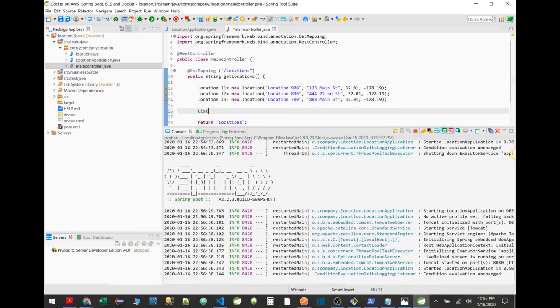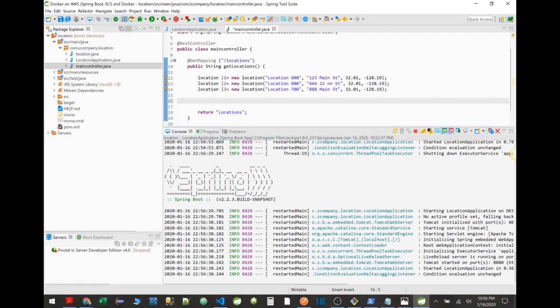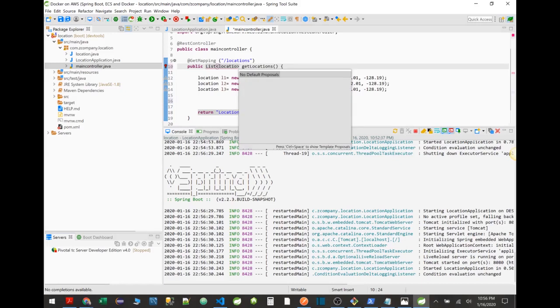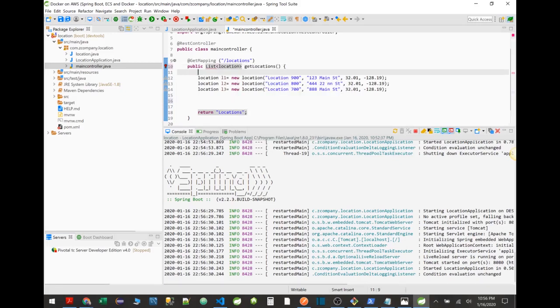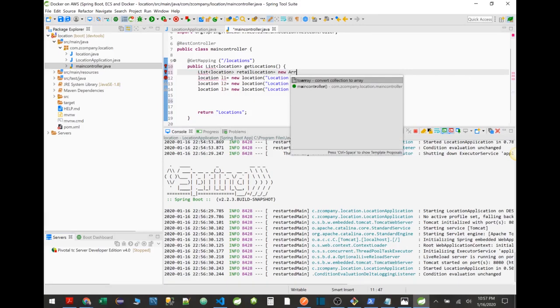Now I'm going to create basically a list of locations that I can return to a customer, right? So first of all, what I need to do, I need to tell this method that you are going to return a list of Location, which we just built. And in here, we're going to go ahead and create a list of Location. I'm going to name this retailLocations, and this is going to be equal to new ArrayList,